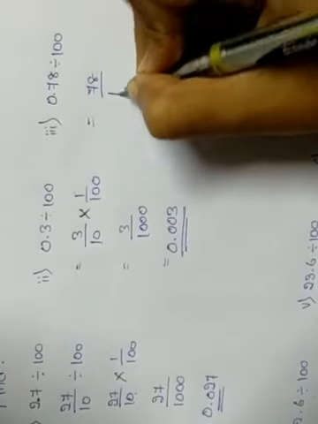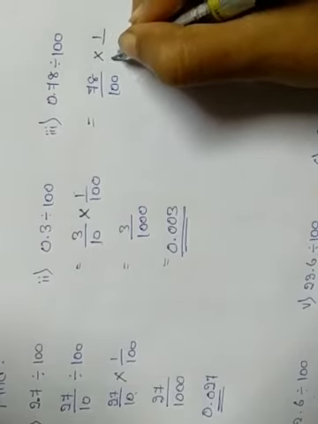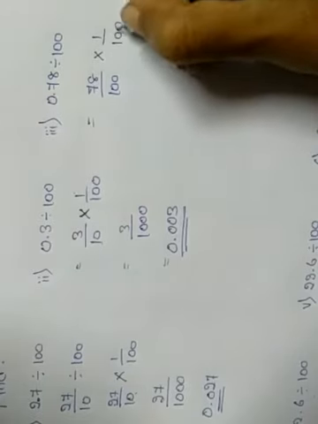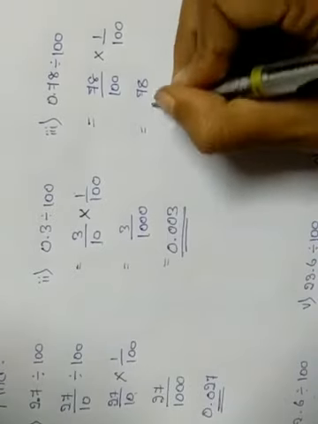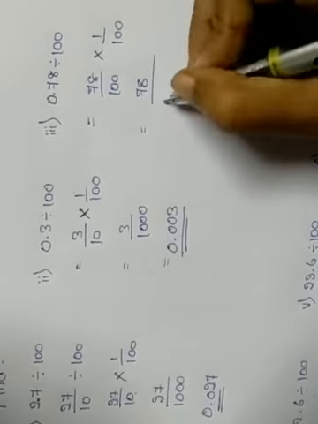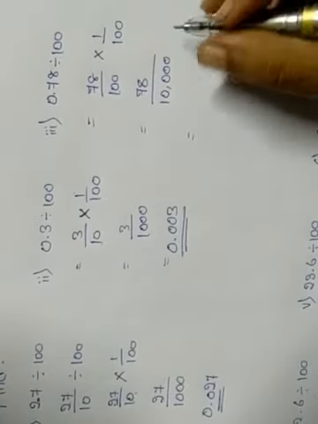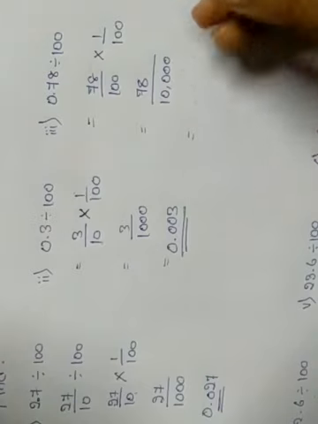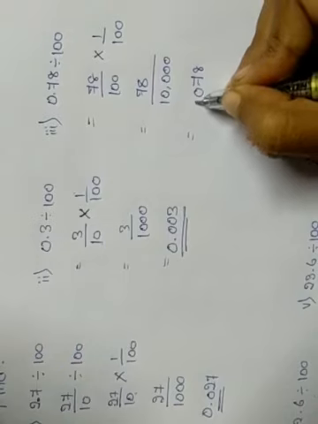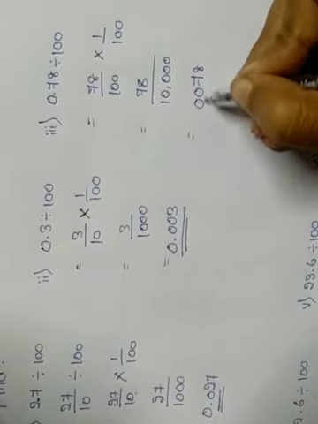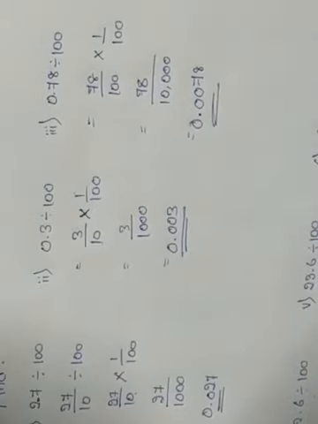Third one, 78 divided by 100 into, immediately I changed the sign, so I have to reciprocal the 100 now. Now I got 78 ones are 78 divided by 100 into 100 means 10,000 will get. We have to give the decimal point after 4 digit from the right side. Here we got only 2 digit, so 2 more, I have given 2 zeros and 1.10. This is the answer.